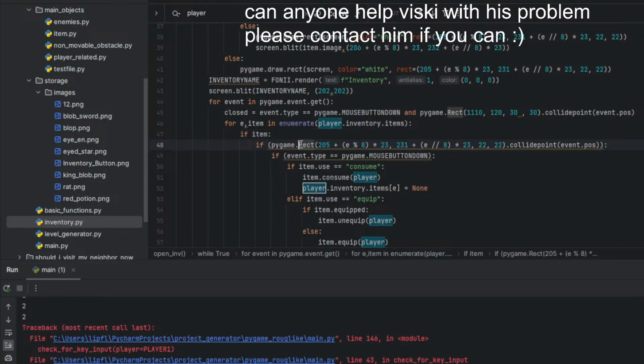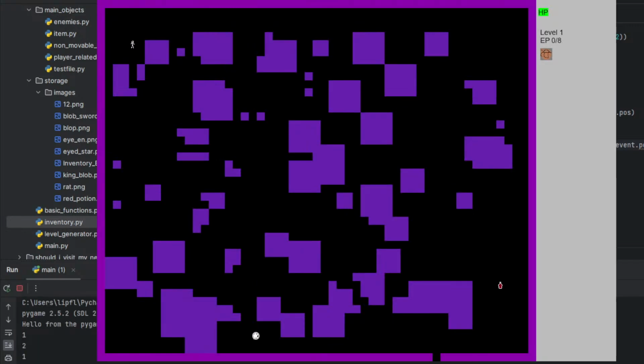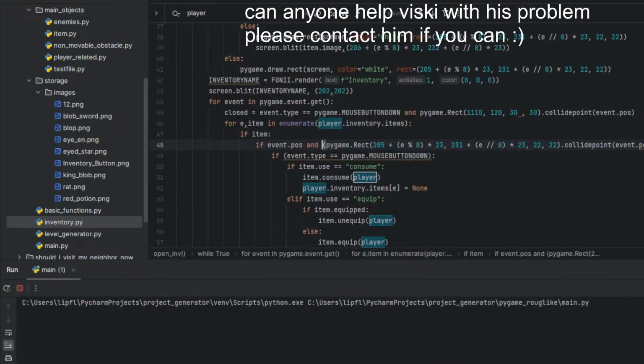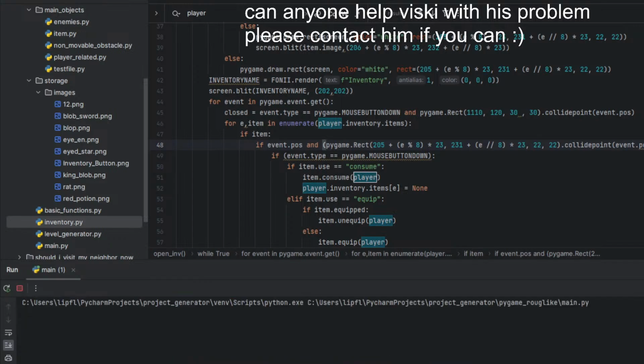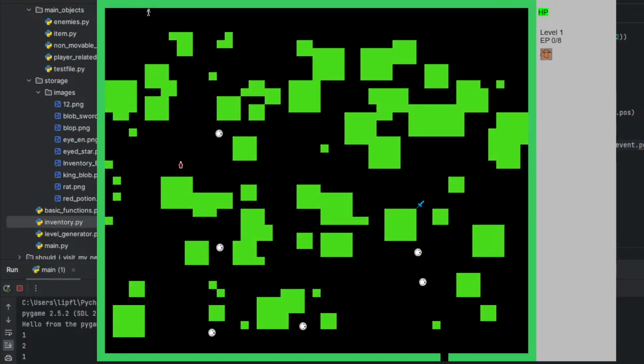So now let's say if maybe this helps. Okay, this was a strange bug.